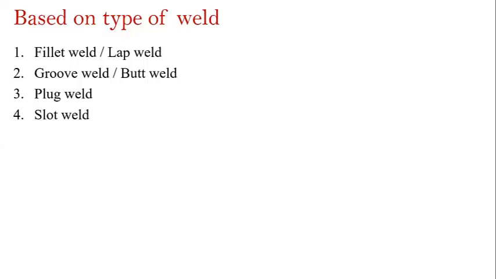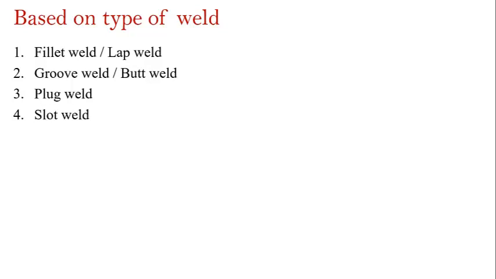Now, when we discussed bolted connections, we talked about the lap joint and butt joint. The same categories are involved in welded connections also. Instead of lap bolted connection, we call it lap welding connection, and instead of butt bolted connection, we call it butt welding connection. The lap weld is also called a fillet weld, and the butt weld is also called a groove weld. From an examination point of view, a question may be asked as design a fillet weld or design a lap weld; they both represent the same. Similarly, design a groove weld or design a butt weld both represent the same.